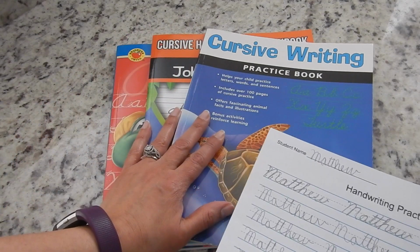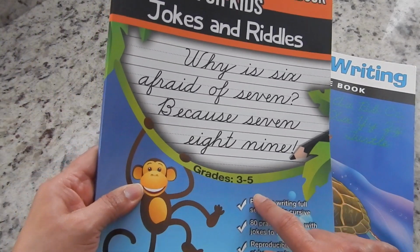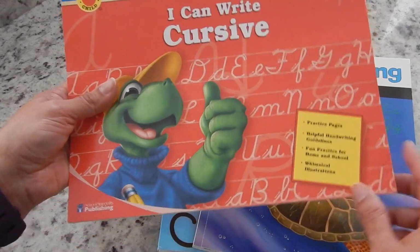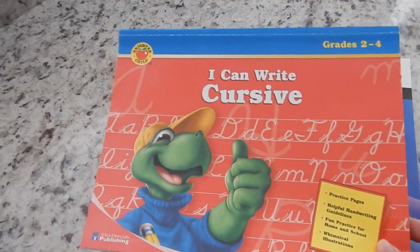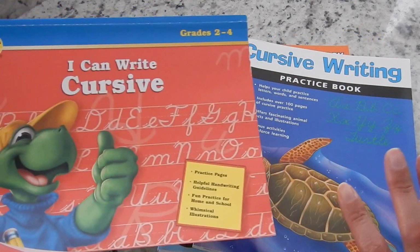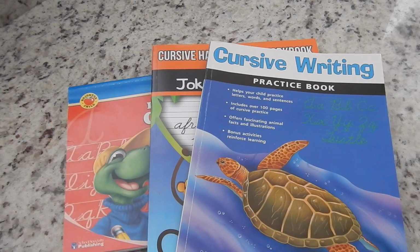But like I said, I really enjoy these workbooks as well. Not so much the cursive style in this workbook, but I do like that it has jokes and riddles for Matthew, so it makes it more fun for him. But I really like this particular workbook as well. And I haven't checked if they even still make this, but if they do, I probably will get another one, see if they have a more advanced one, because next year I will be homeschooling a 4th and 6th grader, and I really want my 6th grader to get better at writing in cursive. Even though they do a little bit at school, they don't really do it as much as I would like. And that is it for what we are using for our 3rd grader in his cursive